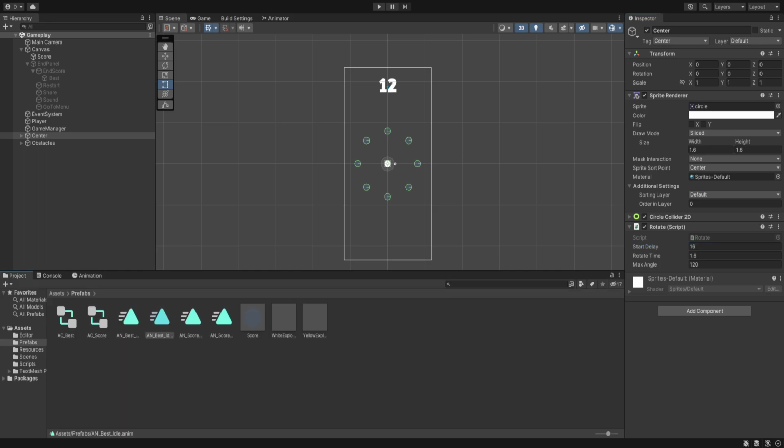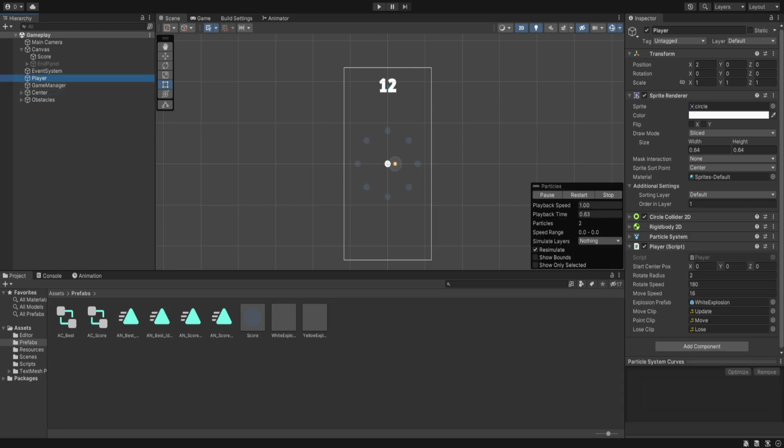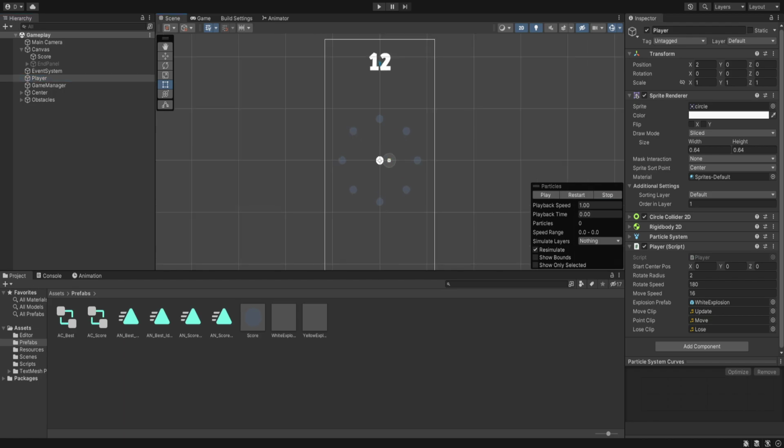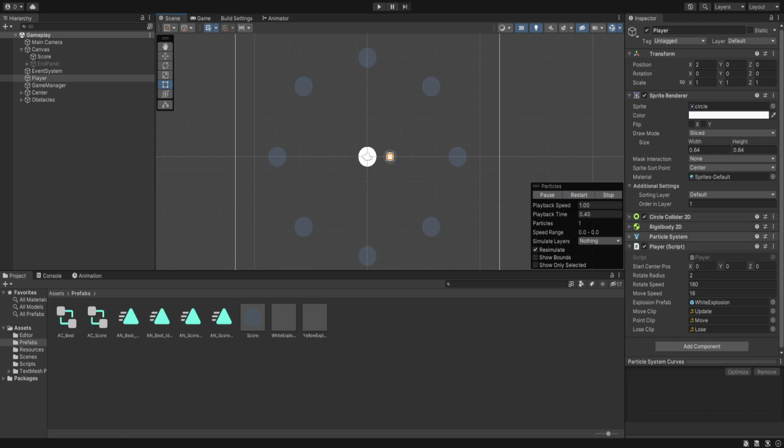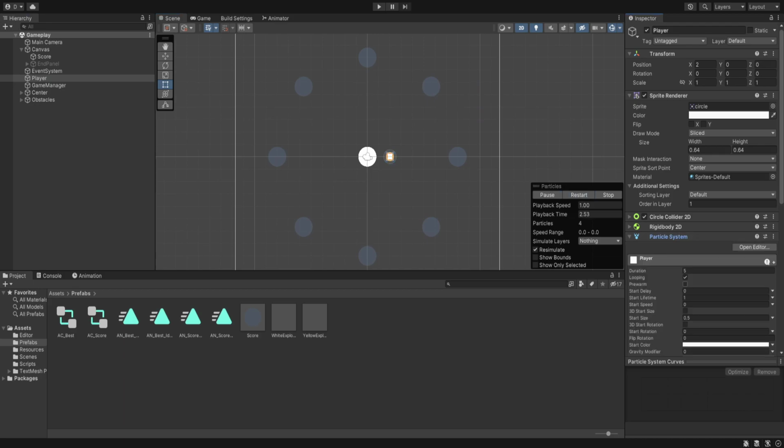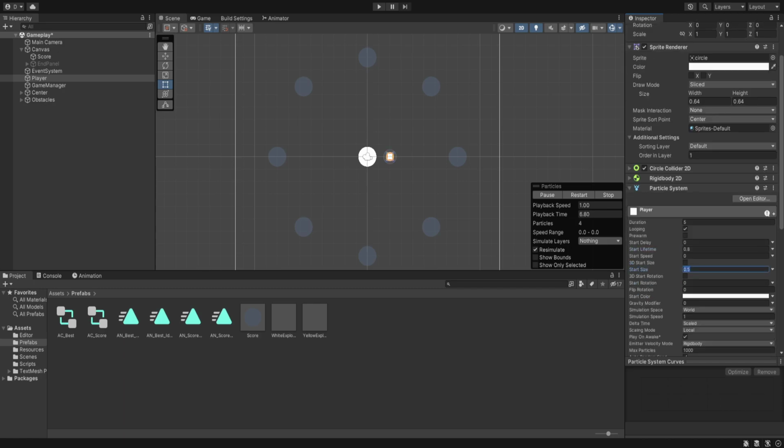And everything else is going to be done with the player. So rotate radius, center pose, explosion prefab, which is going to be the white explosion, and when we hit, we are going to have yellow explosion. Let's just stop it. Restart. Let's see what we can do with the particle system. Instead of 1, we'll set it to 0.8. Start size is